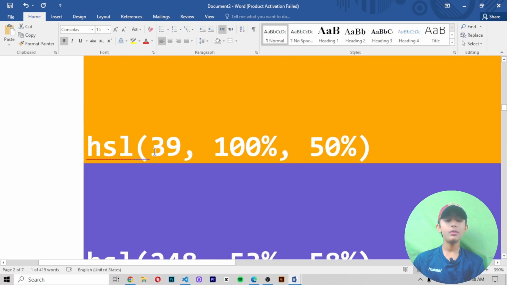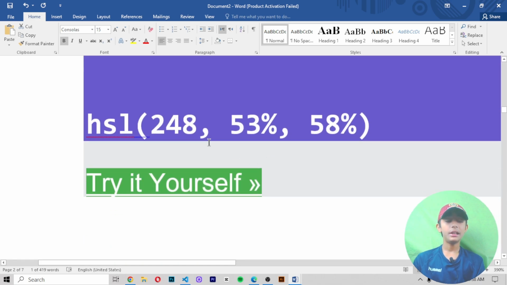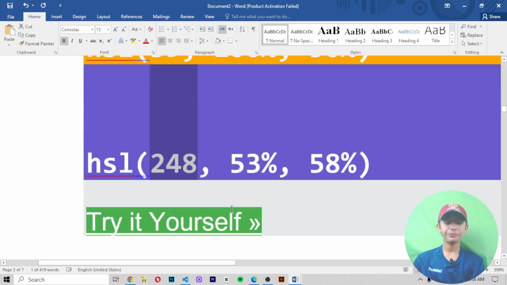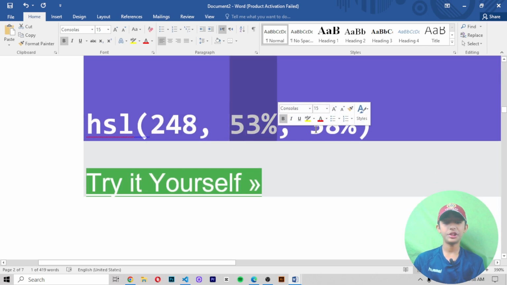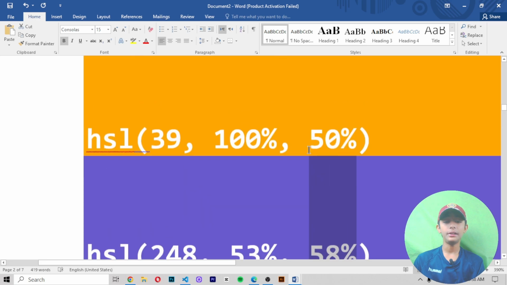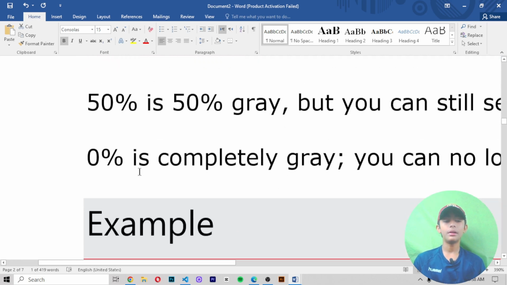Then it gives me yellow because I give 39 hue, 100% saturation, and 50% lightness. And it is giving me purple color because here I write 248 hue, 53% saturation, and 58% lightness. So that's why I get the purple color.